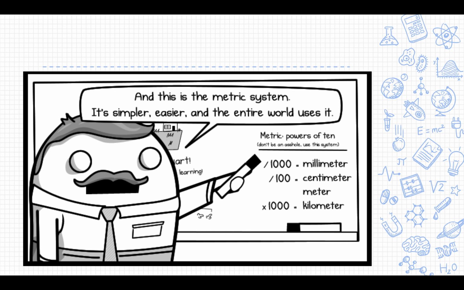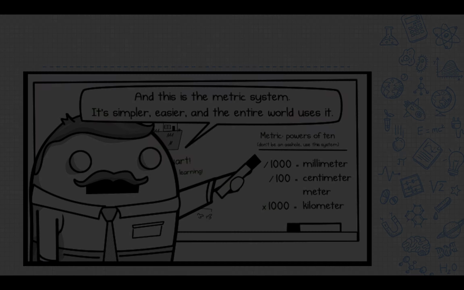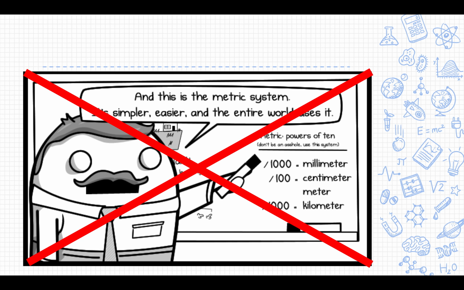Start off with a quick joke. This man states that this is the metric system. It is simpler, easier, and the entire world uses it. Unfortunately, he's incorrect, and the United States does not use this. Every other country uses this except for the United States. We use the imperial system, which I believe we should switch,